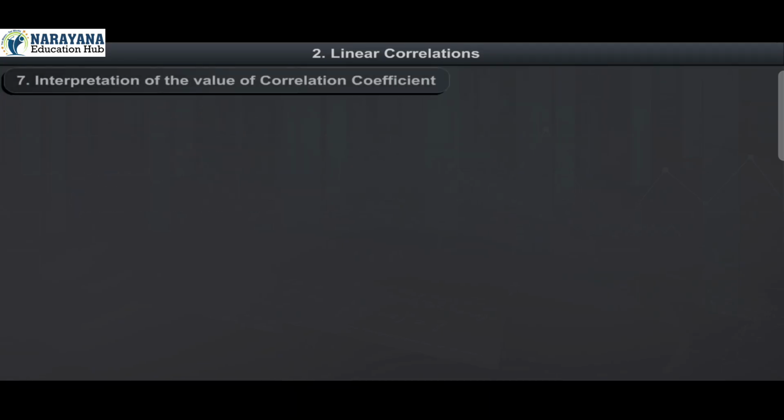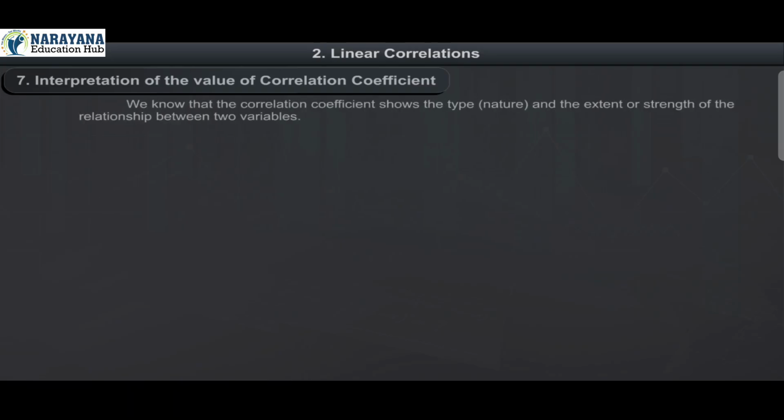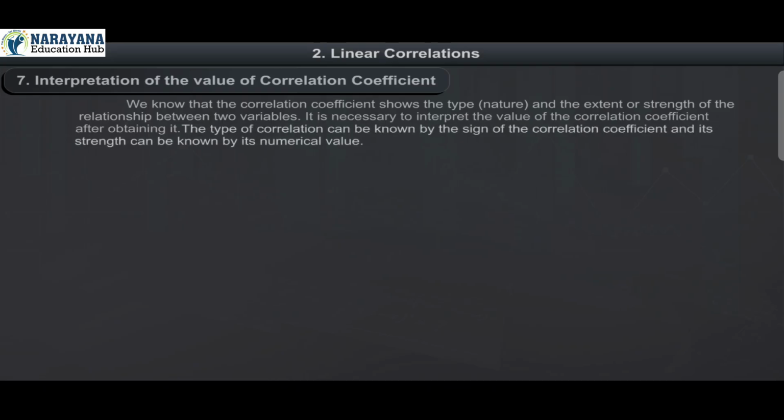7. Interpretation of the value of correlation coefficient. We know that the correlation coefficient shows the type, that is, nature, and the extent or state of the relationship between two variables. It is necessary to interpret the value of the correlation coefficient after obtaining it. The type of correlation can be known by the sign of the correlation coefficient, and its strength can be known